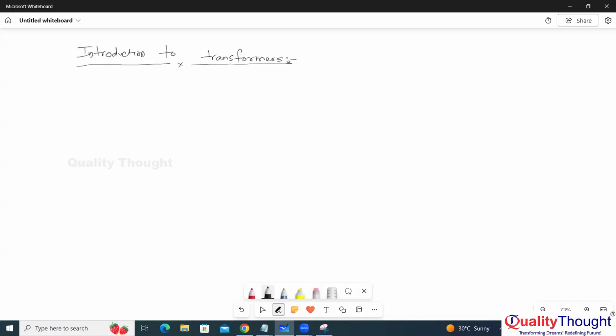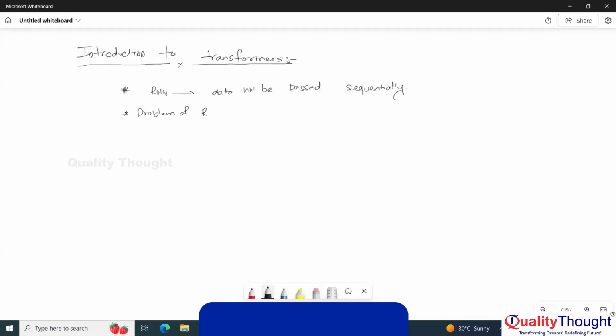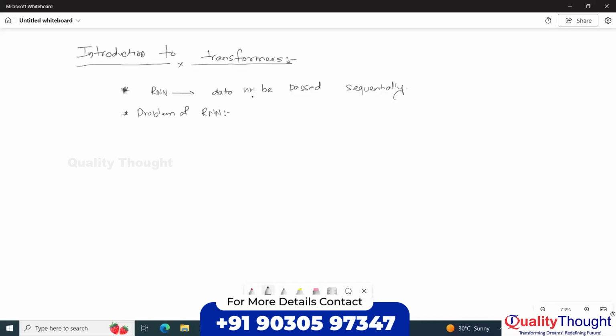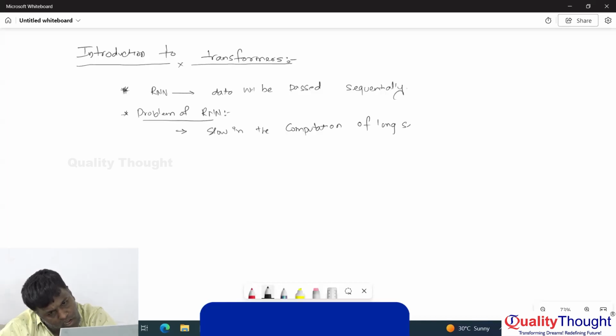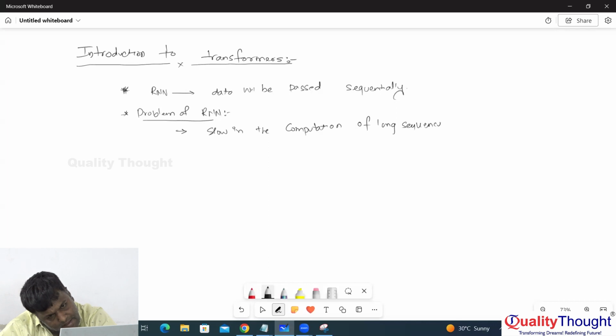Introduction to the transformer. In RNN, data will be passed sequentially, right? Data will be passed in sequential order, right? Yes or no? What are the problems? Problems of RNN: slow computation for long sequences, and it cannot